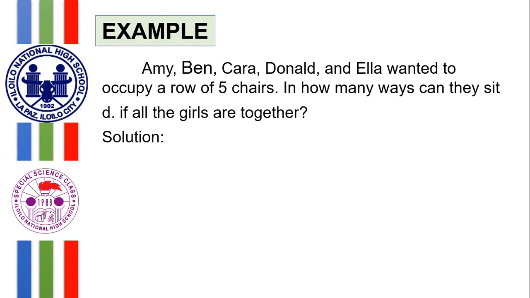The boys could be anywhere as long as all the girls are together and that no one sits between any of the two girls. So in this case, let's say we have one of these arrangements. We have A, C, E, D, B. Remember in this case that only Donald and Ben are the boys, which means Amy, Kara, and Ella are the